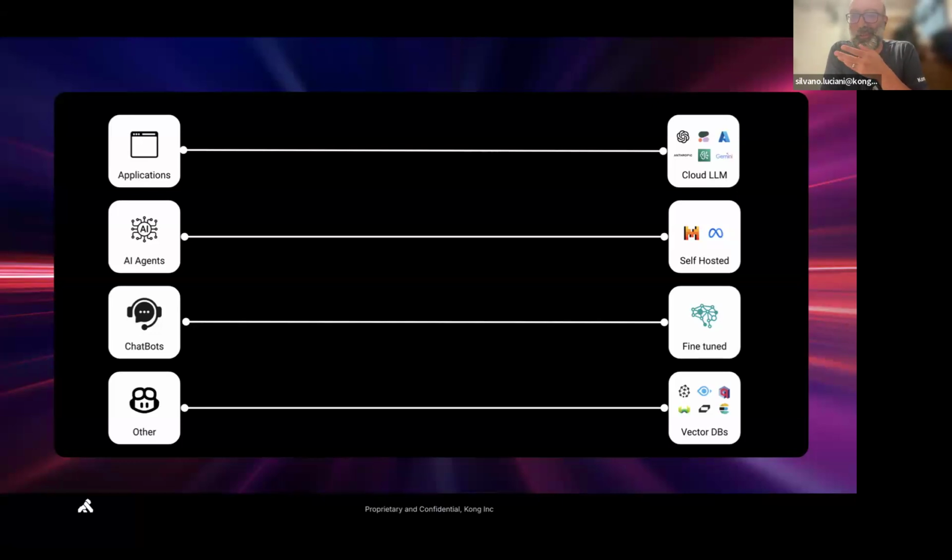People are building chatbots that can use all of the above, but also have some additional requirements when it comes to improving the quality of the responses of the chatbot on some specific domains with fine-tuning, which is one of the most diffused techniques. And then there are other use cases, but all of these use cases are really starting to get into using vector DBs for different things, right? Mostly retrieval augmented generation, or adding some layers of semantic evaluation of what the users are doing for different reasons.